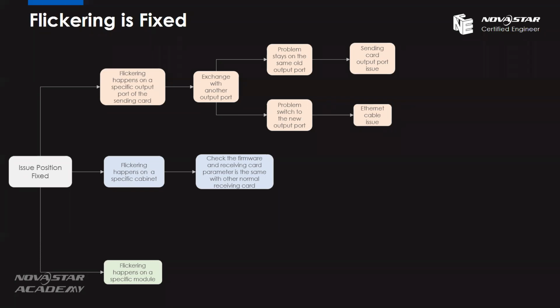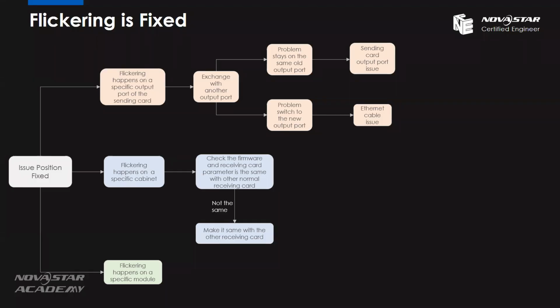One cabinet is flickering. If it's not the same, for sure we need to make it the same. We need to upgrade the same firmware to this receiving card, and we can try to read back the RCFG file from a normal one and load it to this abnormal one to check whether the screen can work normally